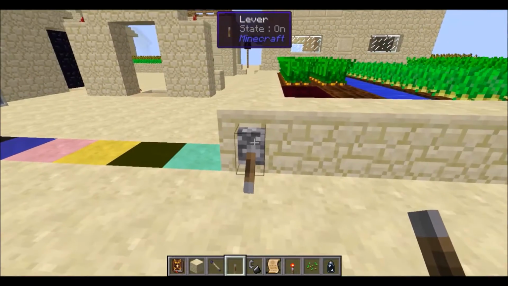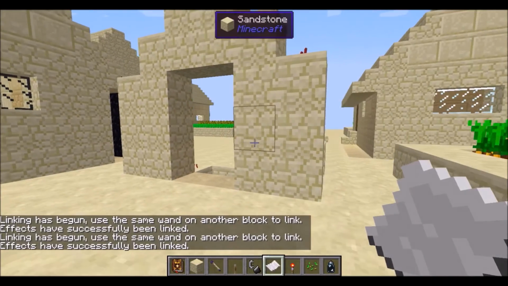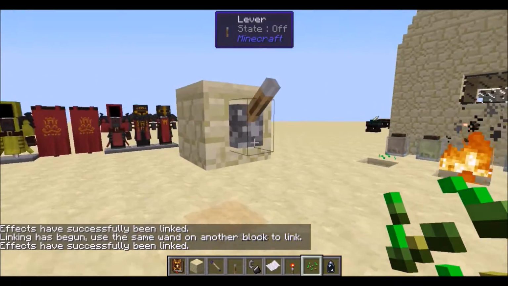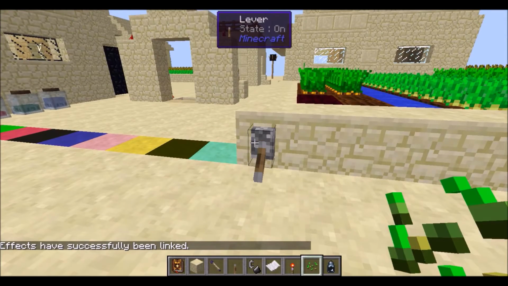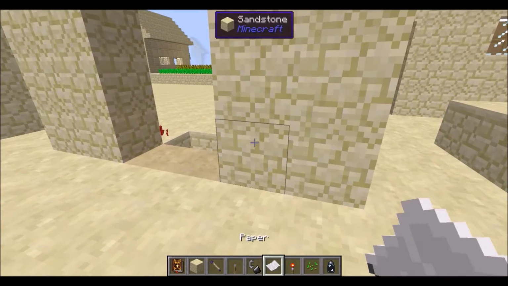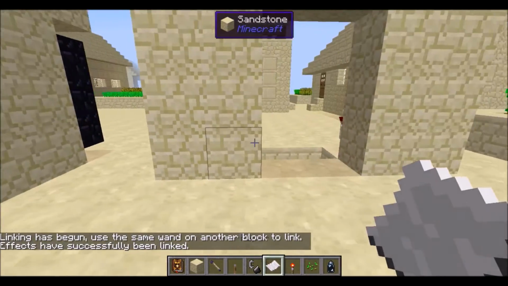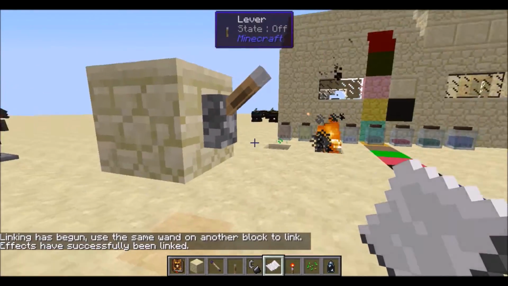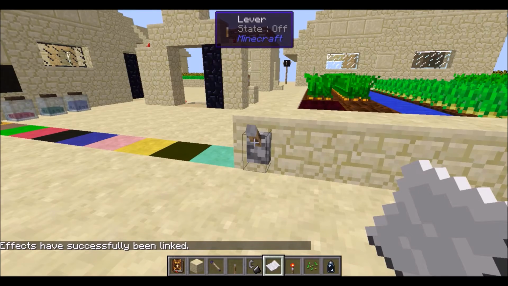Is it this lever? Huh. Okay, for whatever reason, the blocks seem to have been unsynced. So as you can see, after I link them like so, okay, and if I flick this lever, or rather this lever as well, you can see that those blocks actually